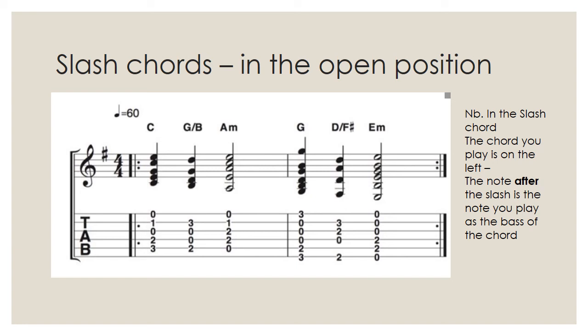Now on the next slide we see an example of a slash chord in operation in a very typical sound. So in the first chord, C is there, followed by a G chord, but the bass, the lowest note, is not the G, it's the B. So it's a very common progression. And in the second example we have G, then we have a D with the F sharp in the bass and an E, which gives us a nice transition and a moving bass line